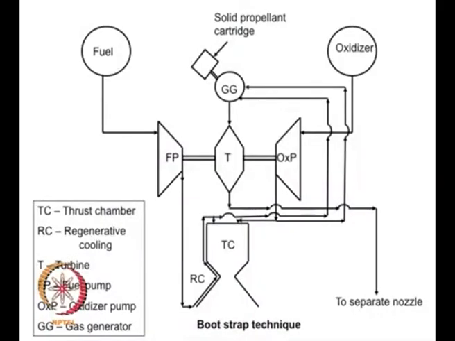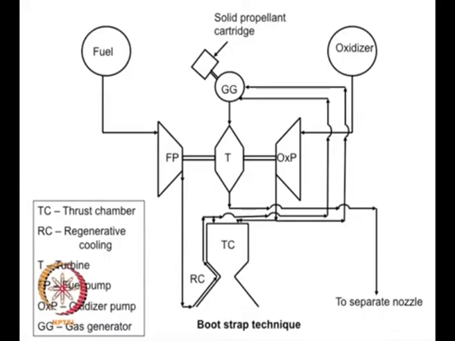So therefore, only a part of the oxidizer is used, and the rest of it goes directly into the thrust chamber, so that it becomes a fuel rich system, and then that drives the turbine,